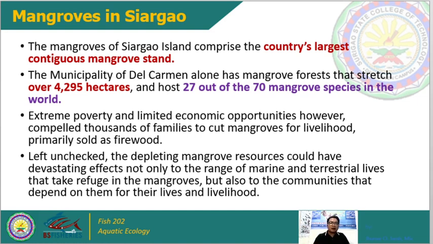Patak-patak ang ila ang mga kuan, mga mangrove cover. Okay? So, there. Over 4,295 hectares ang atong mangrove cover. That is according to a certain data. And extreme poverty and limited socio-economic opportunities, however, compelled thousands of families to cut mangroves for livelihood, primarily to be sold